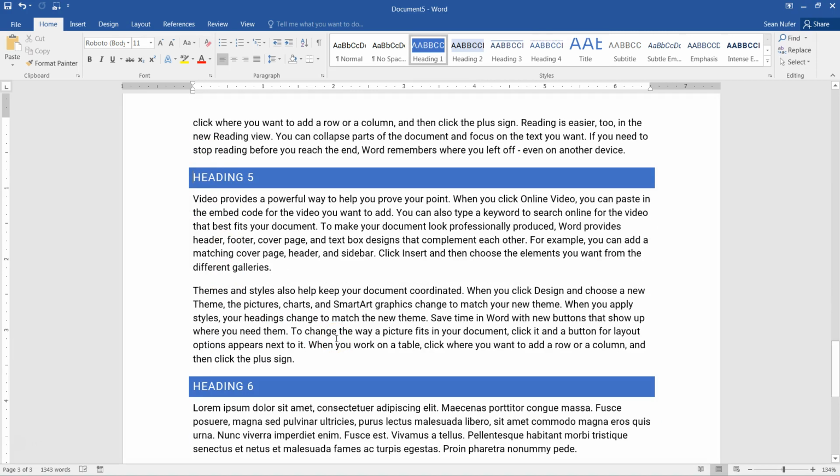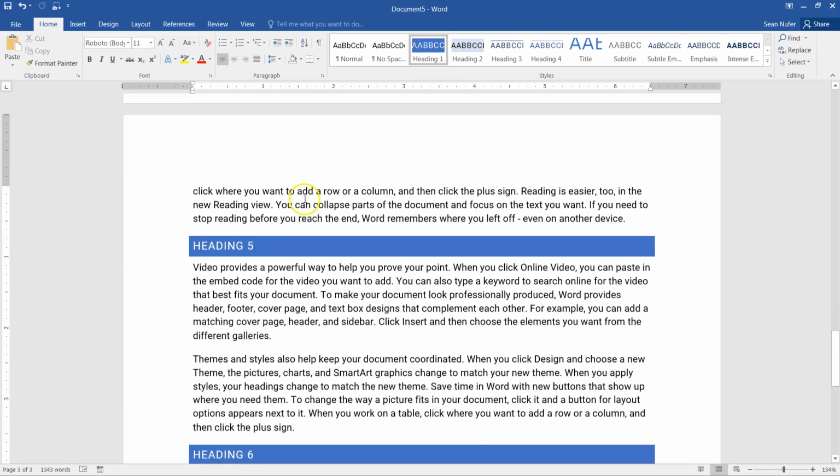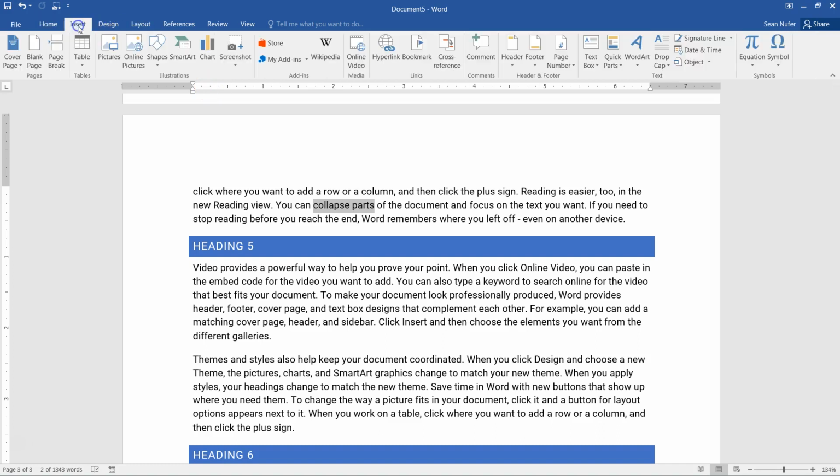And so that's kind of the introduction to hyperlinking, that we're talking about hyperlinking, bookmarking, cross-referencing. So the table of contents automatically hyperlinks to the various headings that you have here. But you can hyperlink other things as well. For example, if this was some text that was important and I needed to hyperlink, I'm going to go to